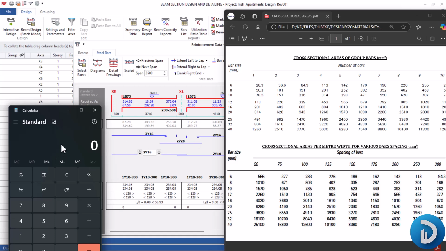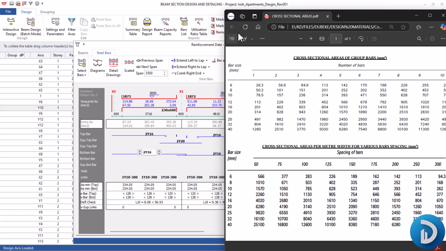So if you have this 628 and we subtract it from the area of steel required, which is 511.08, we should be having 166.92, which is closer to 117.24 at this very top zone. So this is the extra that was provided, and the difference between this and this is just due to the approximated value. Okay, so you always have to check this value and try your best to always ensure